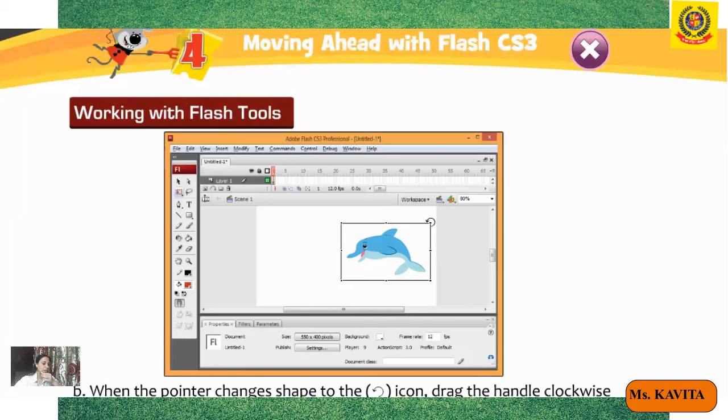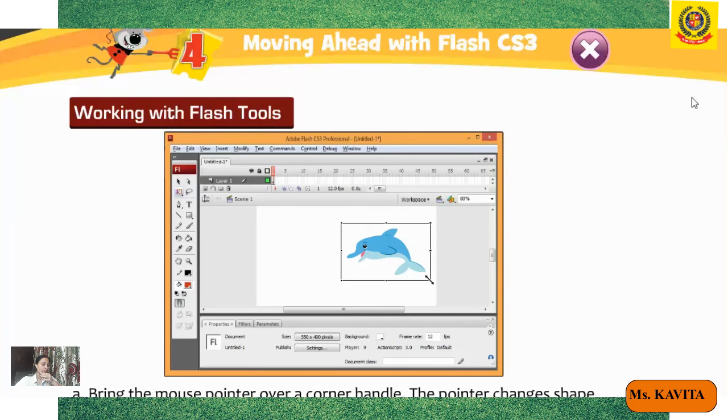To move the object, you can drag it from that corner to a new position. You can drag the object and take it to a different position. When the pointer changes to an arrow icon, drag the object to move it to a new position. You must have seen the plus sign in Excel also, while copying and pasting.